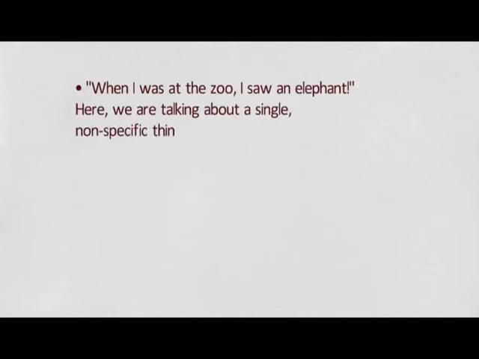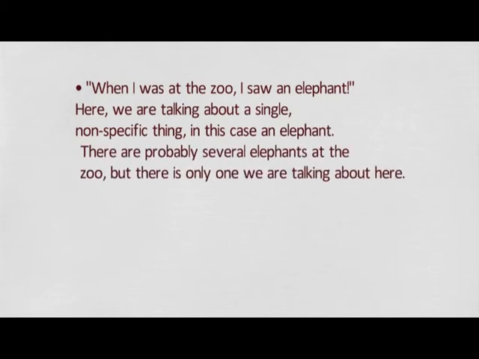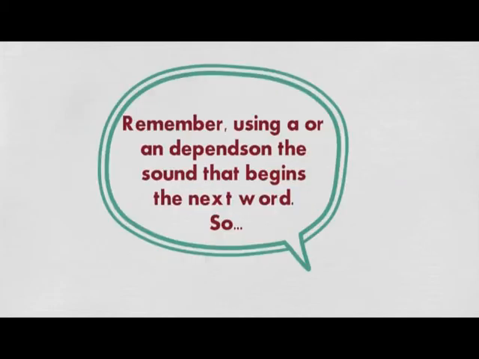When I was at the zoo, I saw an elephant. Here, we are talking about a single, non-specific thing, in this case an elephant. There are probably several elephants at the zoo, but there is only one we are talking about here. Remember, using a or an depends on the sound that begins the next word, so